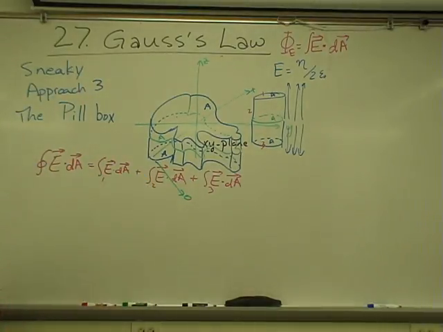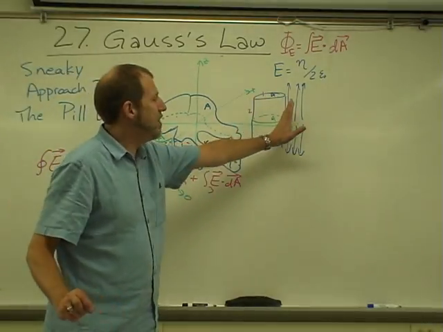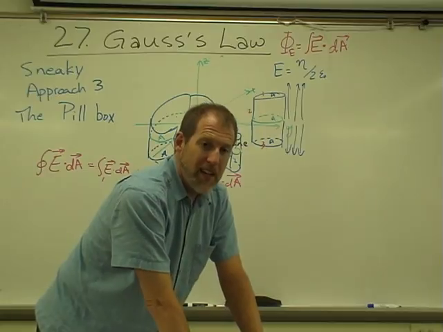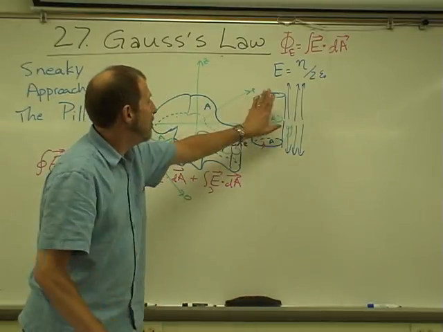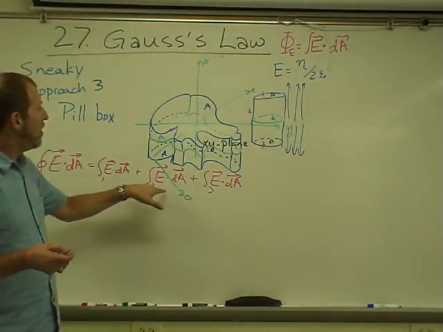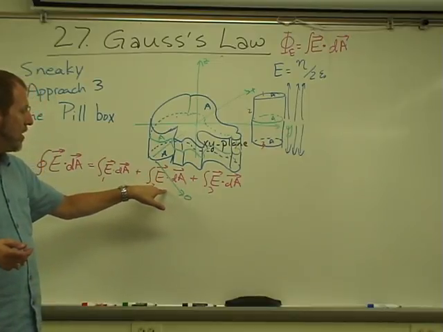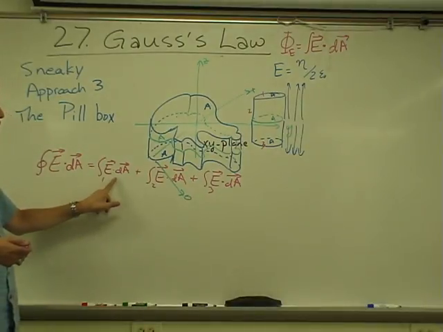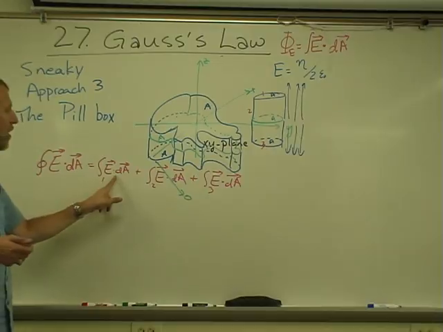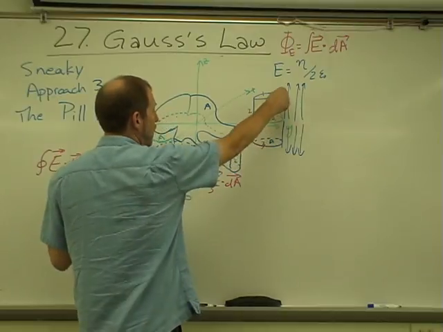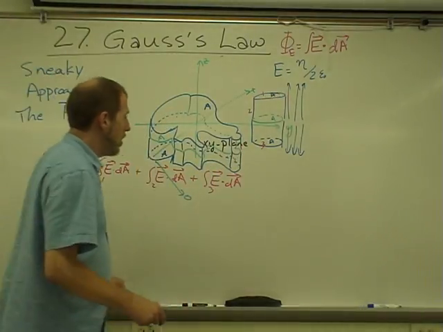side 2, the shape of the pillbox can be as goofy as you want it to be, because the flux through that side, through the side that's going through the plane, that flux is going to be 0, because the electric field lines are coming straight out from the plane, and therefore the flux through side 2 must be 0. Now, the same way that we had it before, in both cases the electric field is perpendicular to the surface, so